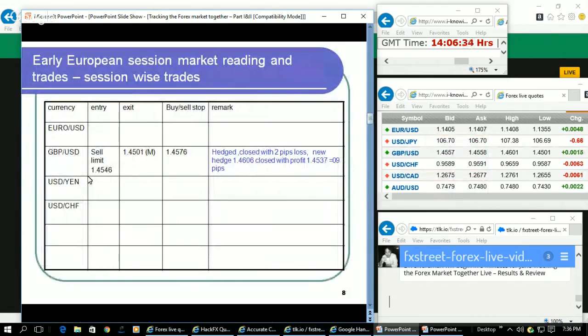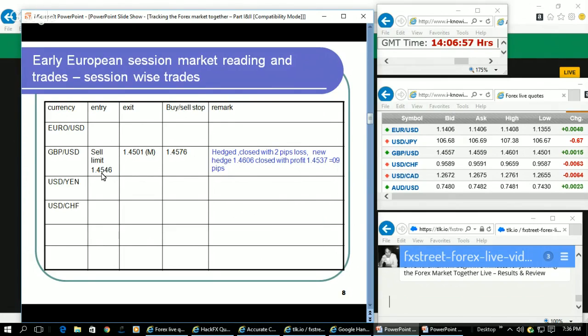Okay. During the European session, I took a sell position at 1.4546. I was explaining to you that I had taken a long time in explaining the market up to 9:30 GMT. Already the market made a brief upward stop and then came down. And so I kept only